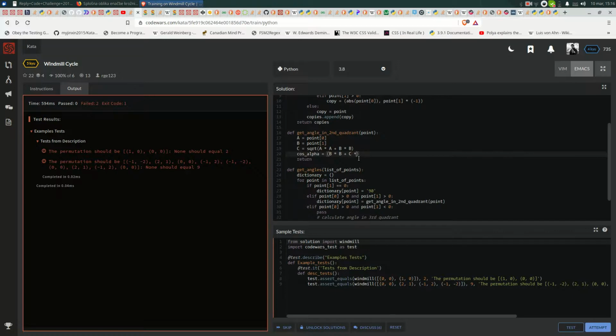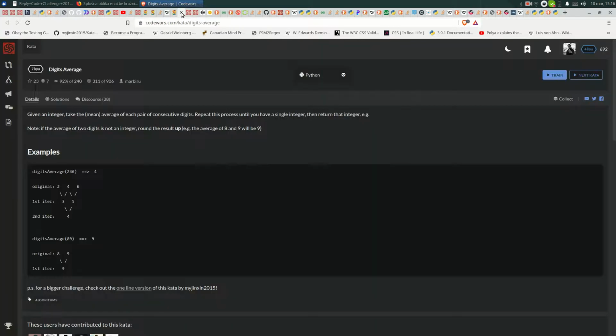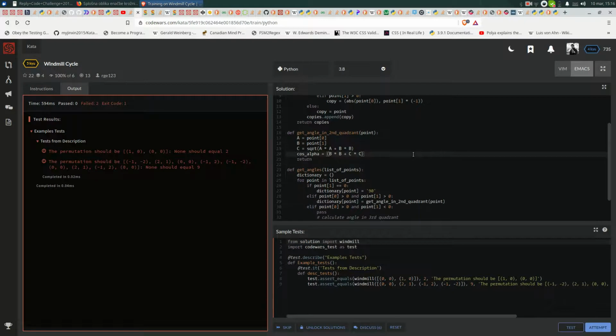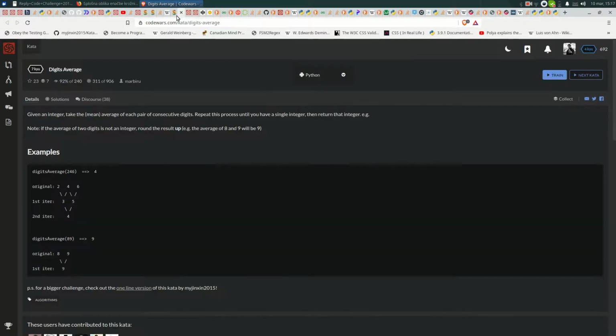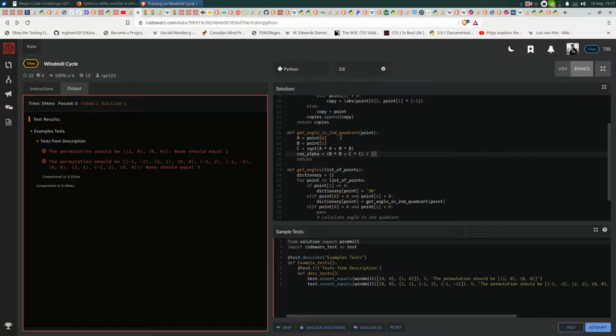c times c. Here we say b times b, and also here is plus, we must not forget. b times b plus c times c, and everything is divided by 2bc. So you say 2 times b times c, and